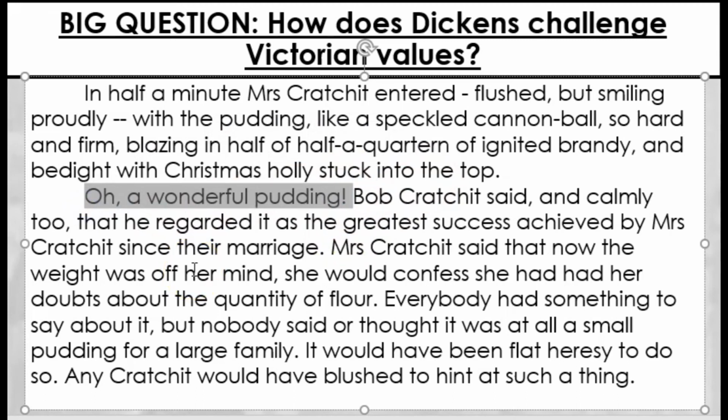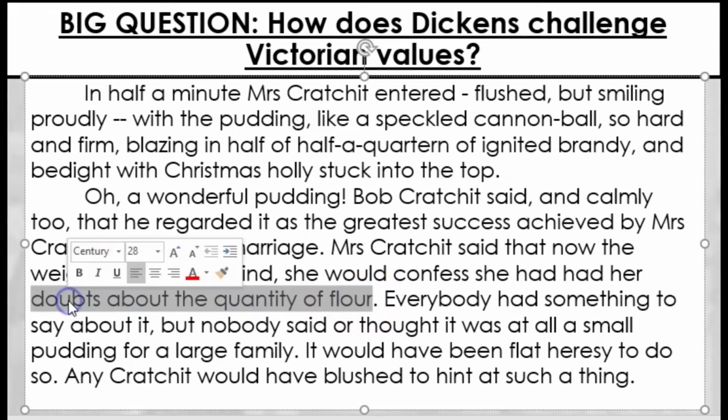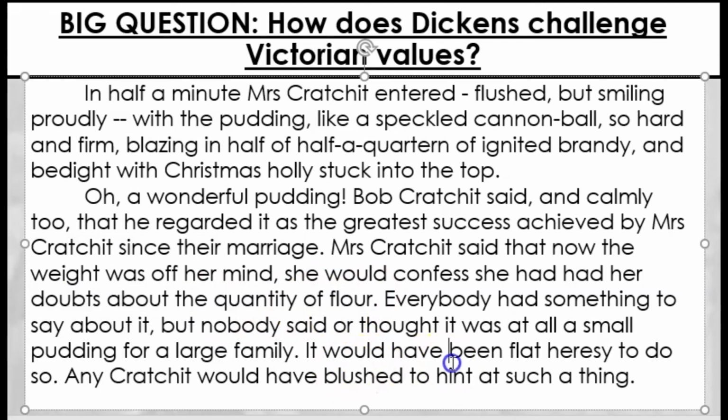This is interesting because it's actually the narrator stepping into the minds of Bob Cratchit and the family. It's indirect speech. We don't have any speech marks here, but we're being told about everyone's delight in the pudding. And even though we're getting hints here that there wasn't really enough flour to make a pudding big enough for the whole family, so they haven't got enough food, no one has got the courage to say anything, and no one would dare do so because it would be heresy.